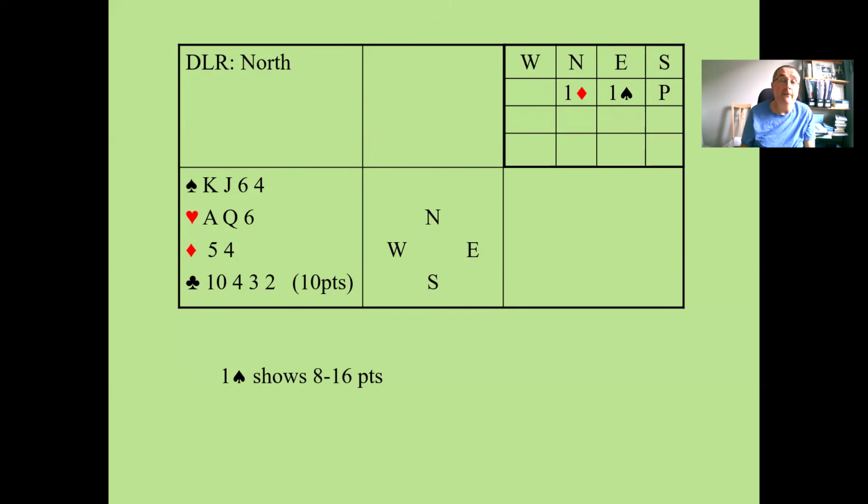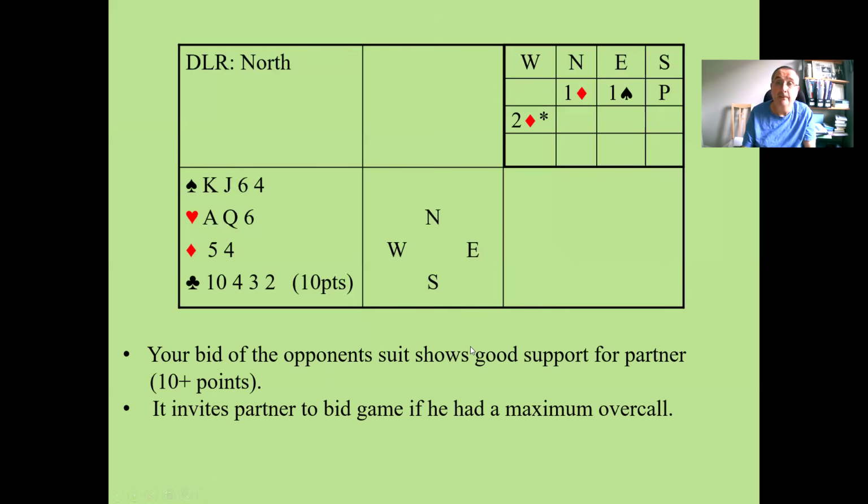So if you and your partner have agreed to play the unassuming Q bid, and it is something you have to have agreed upon in advance, you can bid the opponent's suit here, bid 2 diamonds, and that is used to show support for your partner's suit and an interest in game. So on this hand, you'd bid 2 diamonds, and then depending on partner's hand, they would either accept the invitation or